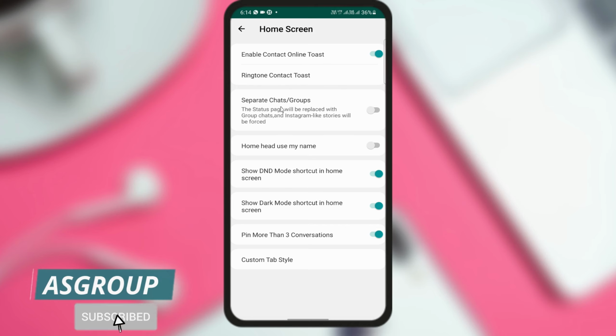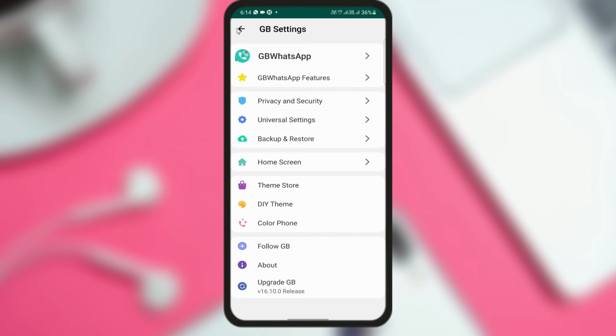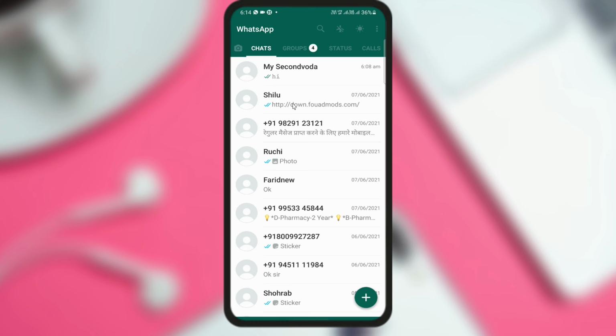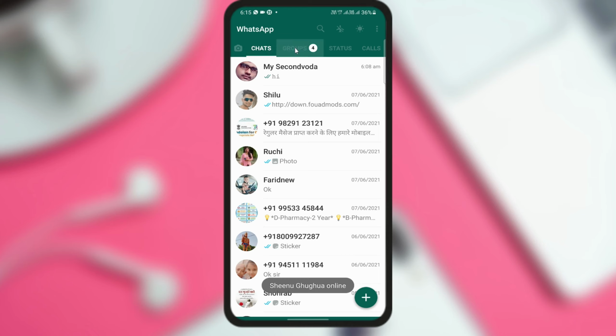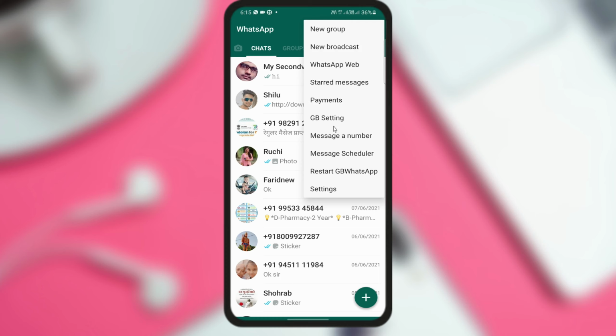If you want to separate your chats and groups, you can use this here. What does it mean exactly? When you click on this, let me show you what will happen. When you open this application, you can see that chats and groups are shown separately. They were available in the same option before, but now they have been separated. So if you want to undo these changes again,